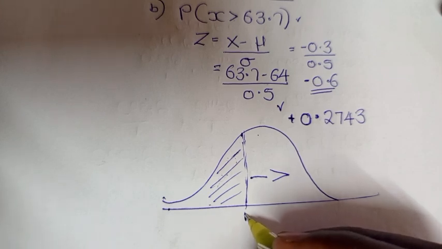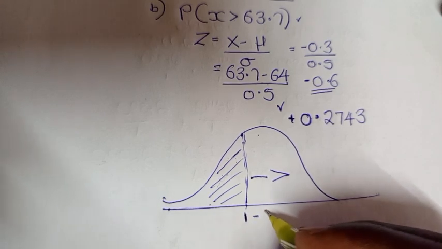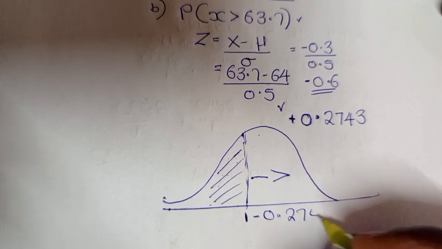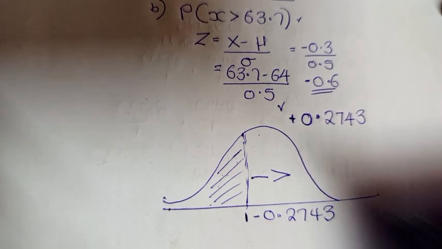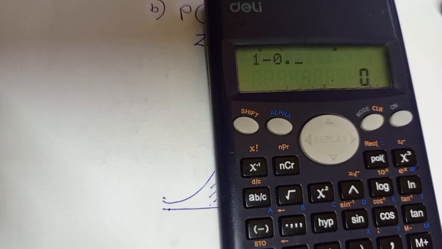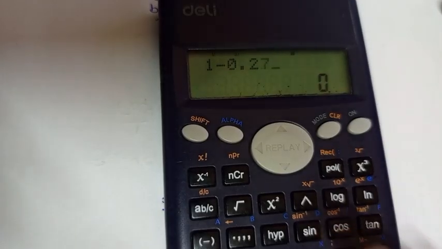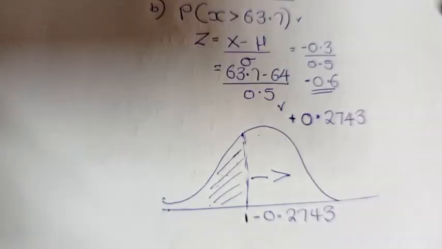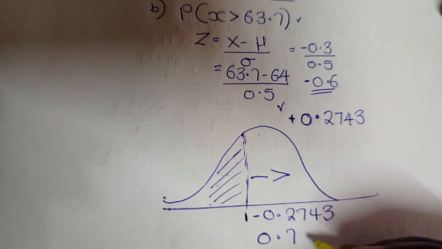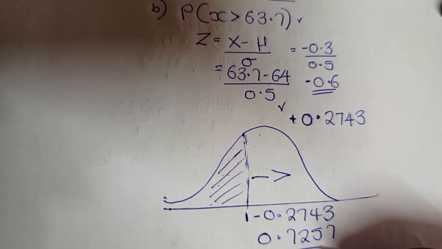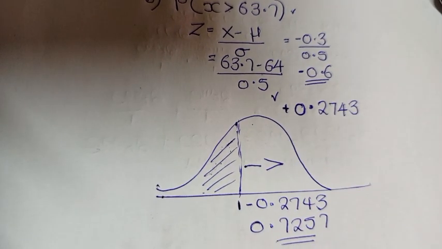So we know for sure that if we subtract the values which are less from 1, we'll get the values which are greater. So 1 minus 0.2743, we get the value to be 0.7257. So this is the probability that x is greater than